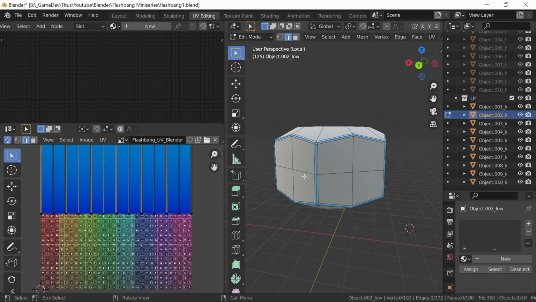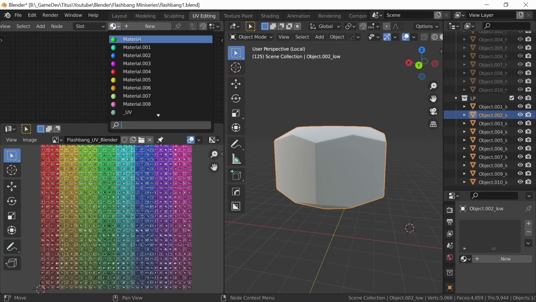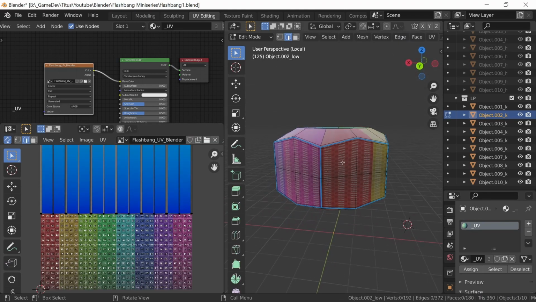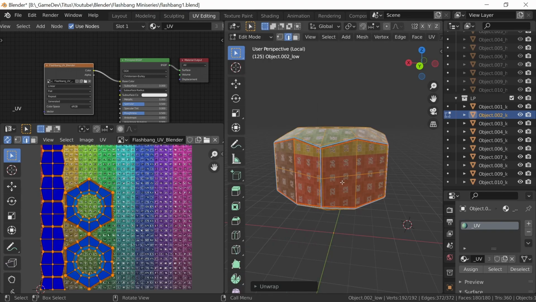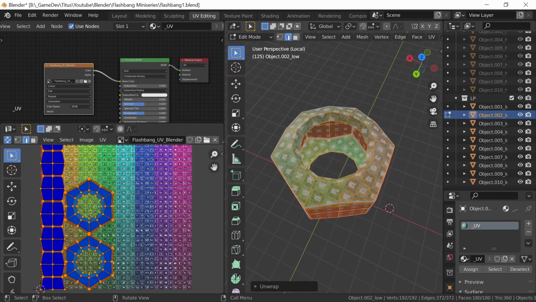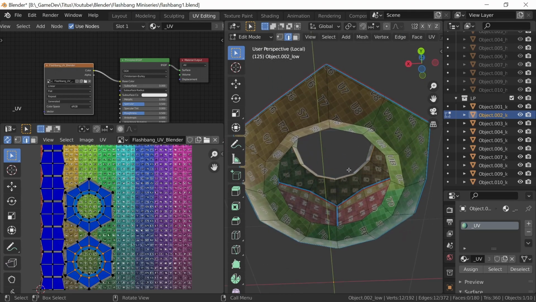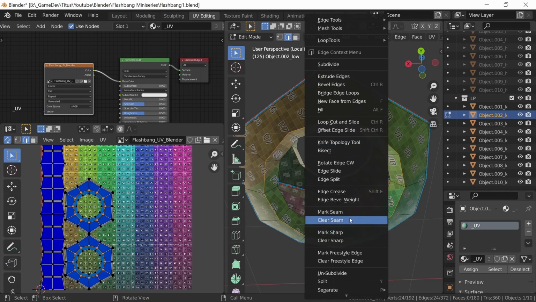You can tab in edit mode, it's fine. And then I'm gonna select my UV, tab over, and I'm gonna do the same thing. So I think Alt, Shift Alt, mark seam, and then I think I did one of the front faces there, mark seam, unwrap it. There's a little bit of stretching there, so I can see why. So I'd probably select this ring, and this ring's gonna do it as well. So I'll mark a seam there,